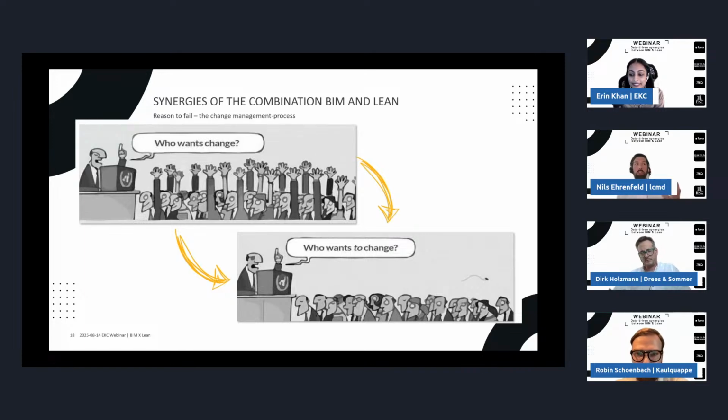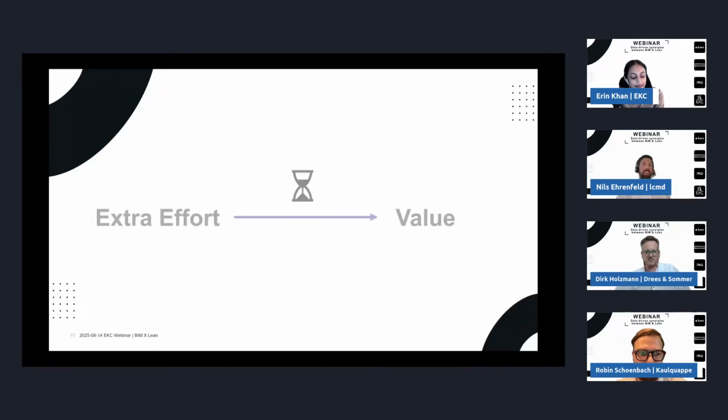And extra effort is only reasonable if the value I get for it is higher than the effort I have to put in. So in my experience, that's basically the thing that has to be kept in mind. And if I ask people, do you want to change? Of course, they say first, no. Why should I? The main challenge I see, or in other words, when I say if I see the value, I'm open to change. And the main challenge I see, especially with something like BIM and Lean, is that the time